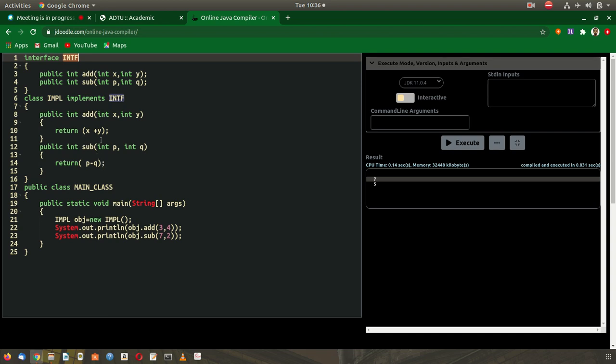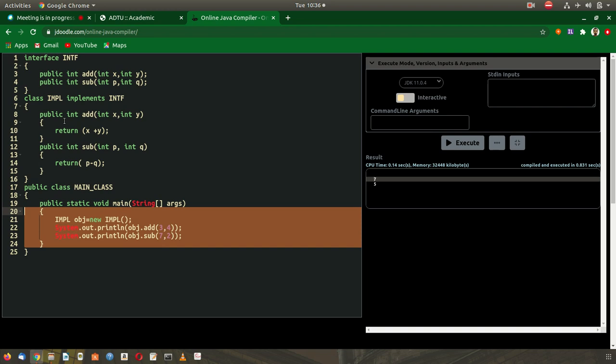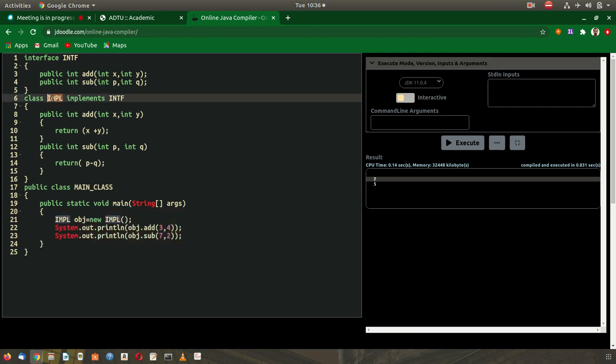After implementing, we are going to create a main function, and from the main function we are going to create an object of this class IMPL, and from the object we are going to call the first function add, pass values 3 and 4 and print the value. So add 3 and 4, we will get the value 7.